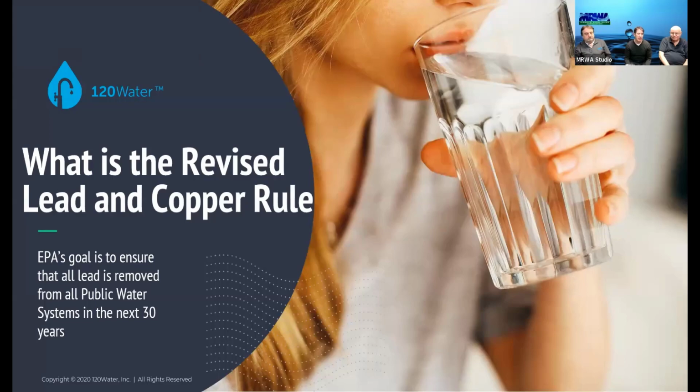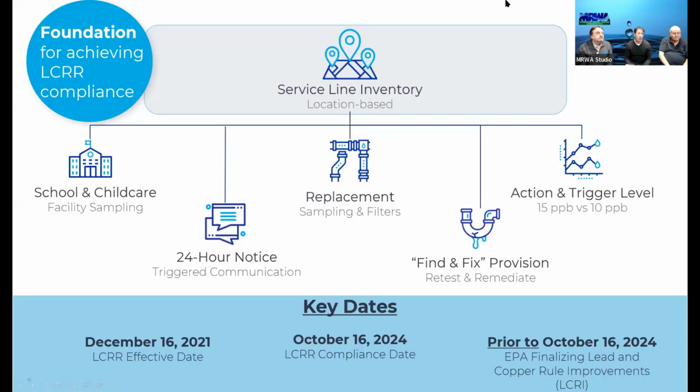We're going to go over this just a little bit. What we like to talk about is between now and 10/16/24, what you need to do. What 120 Water can do. It's not only inventory, but the whole disturbance was brought up. So we can do pitcher filter kits. We can talk about remediation. We can talk about additional testing. All the things that were brought up in the 2 hours with DNR, we can help you with.